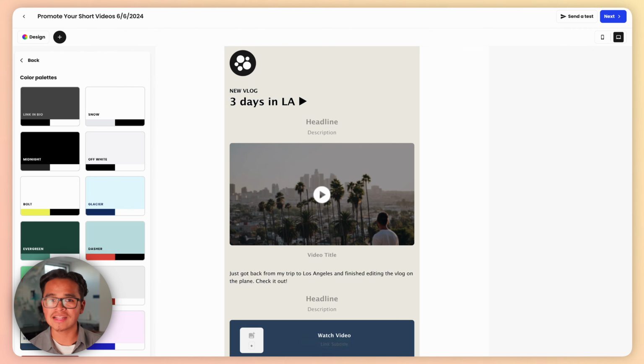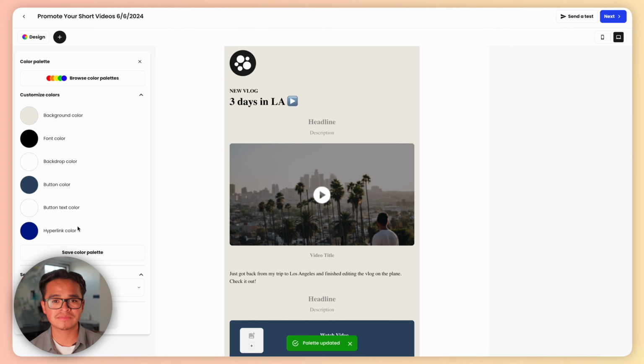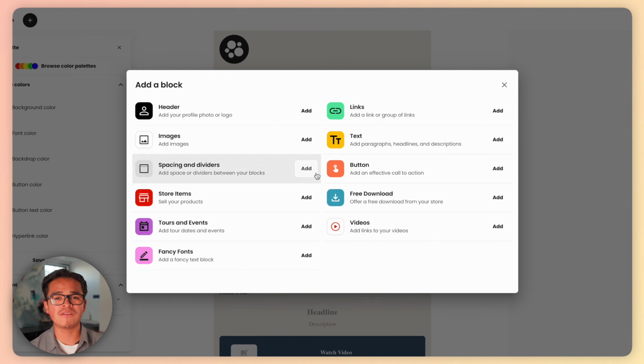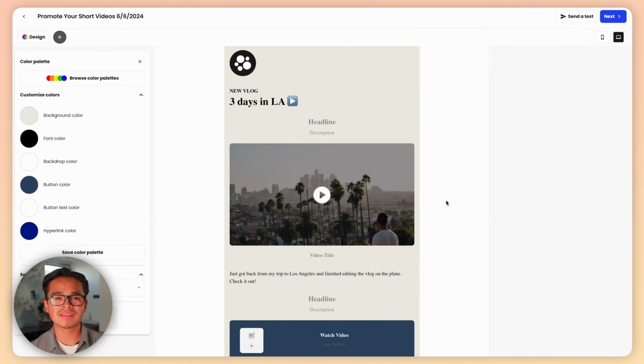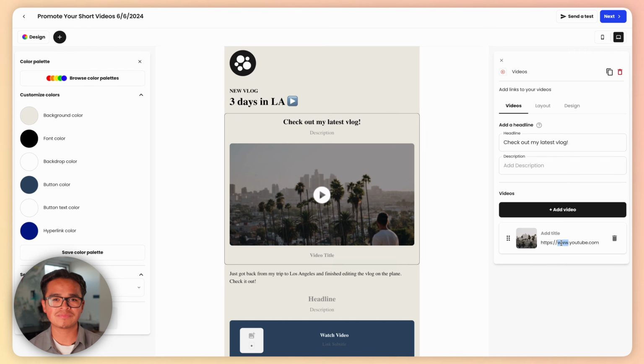You can browse color palettes or choose your own and even select from a large library of fonts. If you're a creator, you can add content and video blocks, sell your store items, and offer free downloads. Click on any part of the email itself to edit and change the title or links. You can also rearrange the order of sections by clicking and dragging the 6 dots on the left side of